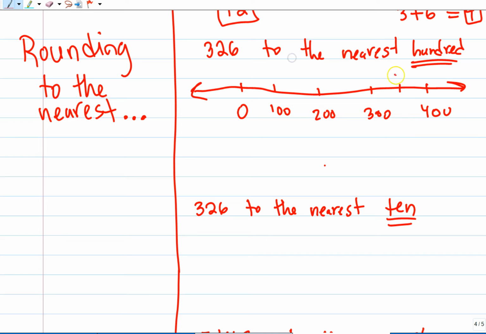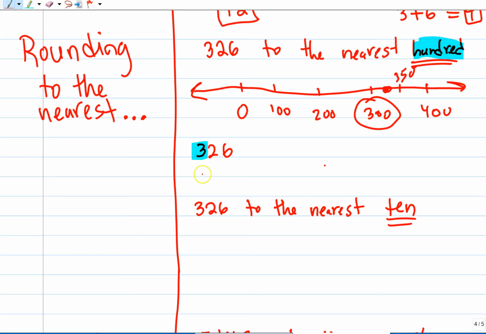Well, in the middle of these two is 350. So 326 would be further to the left of that. Which 100 is it nearest to? Is it closer to the 300 or the 400? Well, it's closer to the 300. That's the idea of rounding. What do we do with the rule? Well, we take this number, 326, and we take what they want us to round to, which this time is 100,